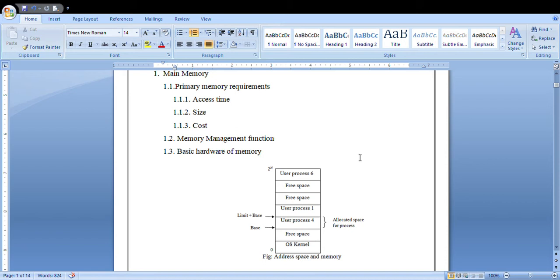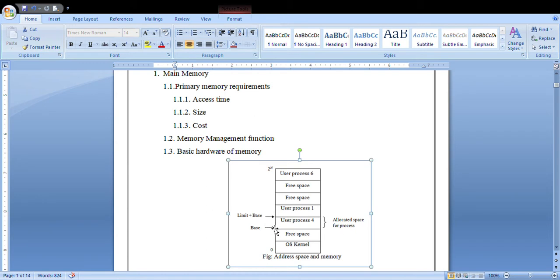Using these two registers, you are able to store the content in the memory location. This is nothing but your address space in the memory. This is one example, user process code. For example, the user is trying to store data for process number 4. This is the starting address of that memory location, the physical address, and this is the limit plus base.